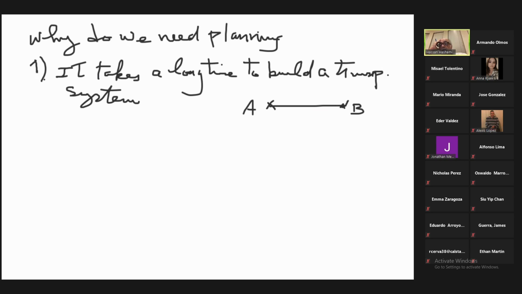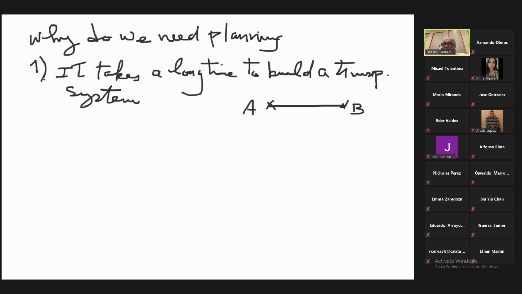Why? Because the number of vehicles is growing, population is growing, so we need more lanes for the future. So I cannot just make a best guess at this time. I have to forecast what is needed